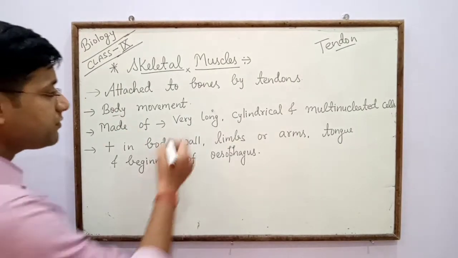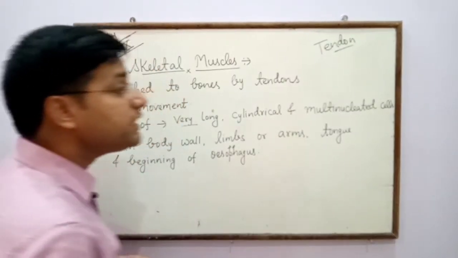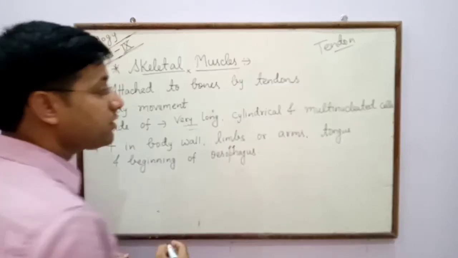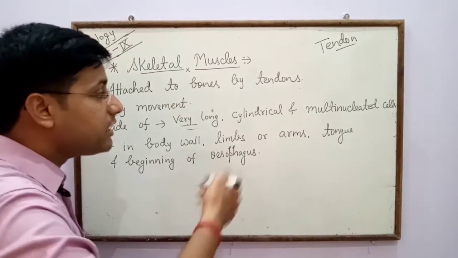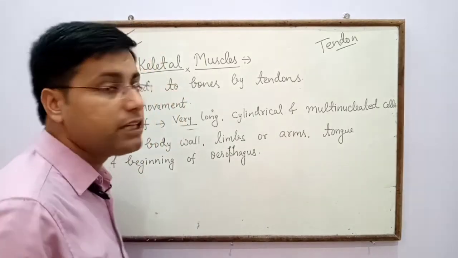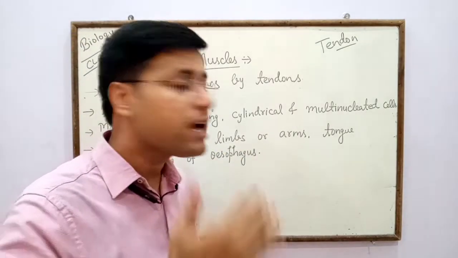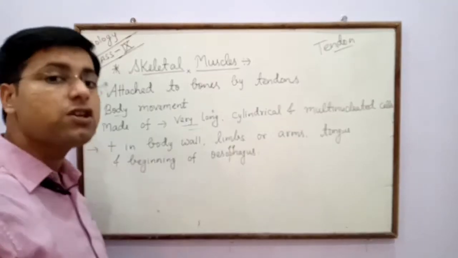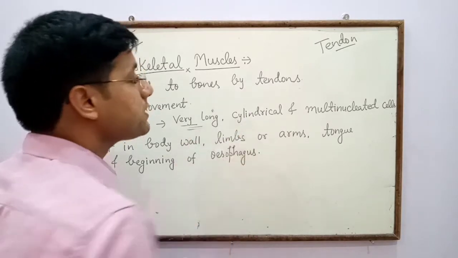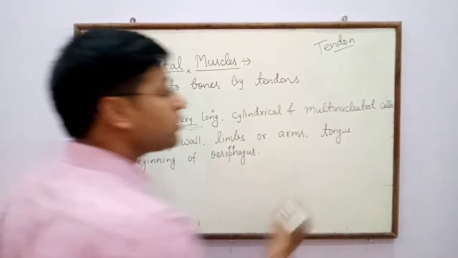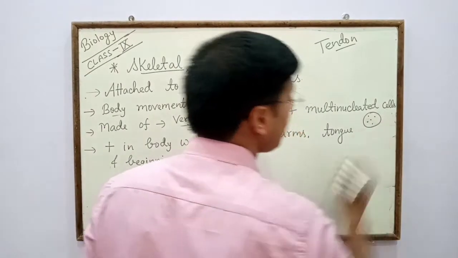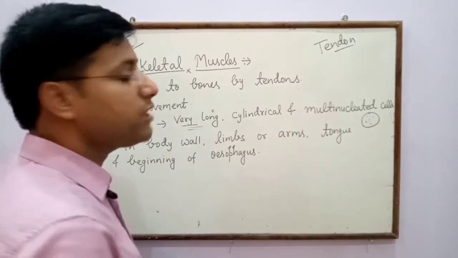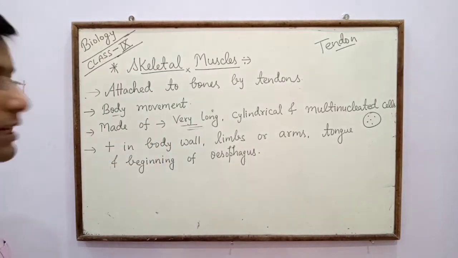It is made up of very long, cylindrical and multinucleated cells, means the cells of skeletal muscles are very long, in cylindrical shape, and multinucleated. Multinucleated means more than one nucleus is present in the cells of skeletal muscle. So the cells of skeletal muscles are very long, cylindrical and multinucleated due to the presence of a large number of nuclei in the cells of skeletal muscle,